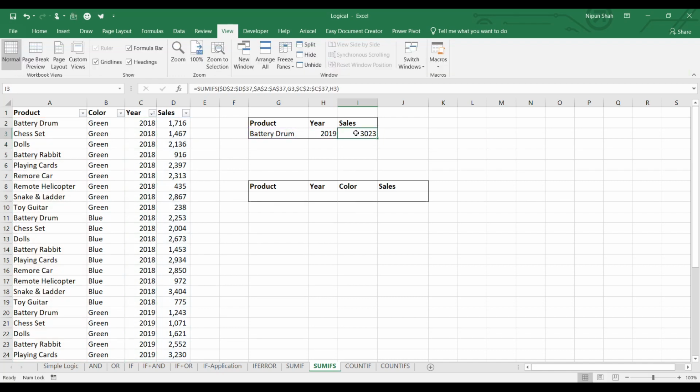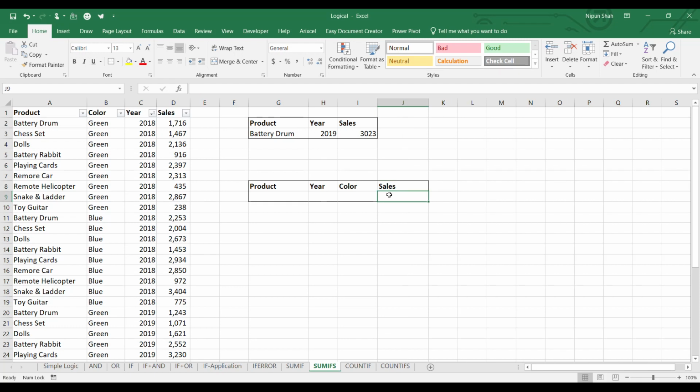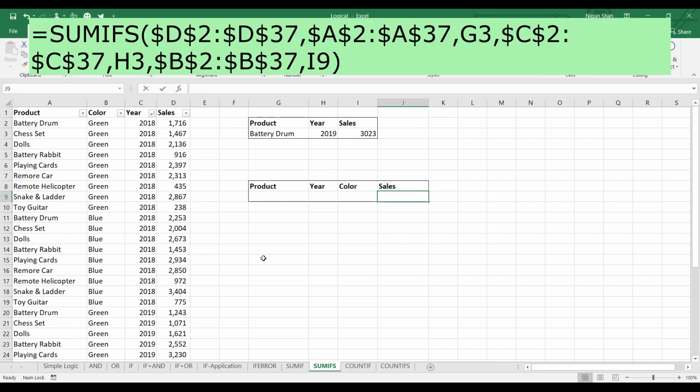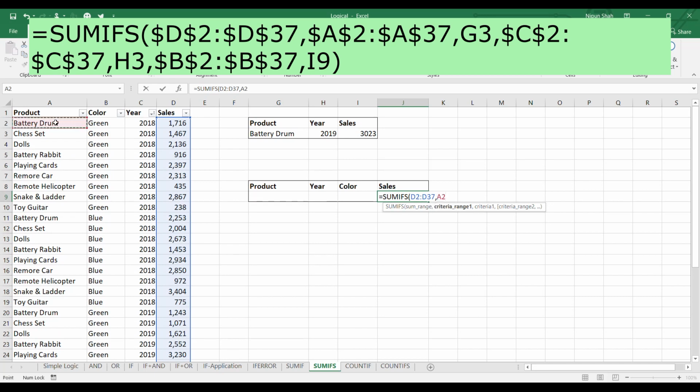So here I have my sales data for these two criteria. Let me show that once more. For example, now I want to get my sales number based on three criteria. So how can I do that? I will use the SUMIFS function, equal to SUMIFS. My sum range is this, comma, my criteria range 1 is this, and Excel should look for the product.